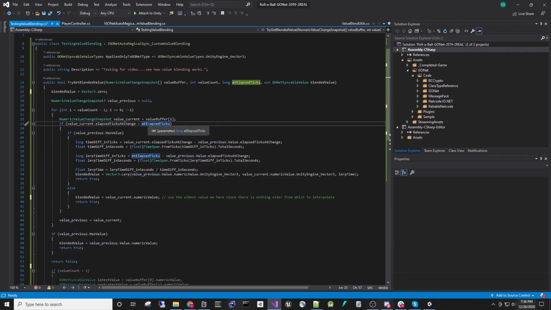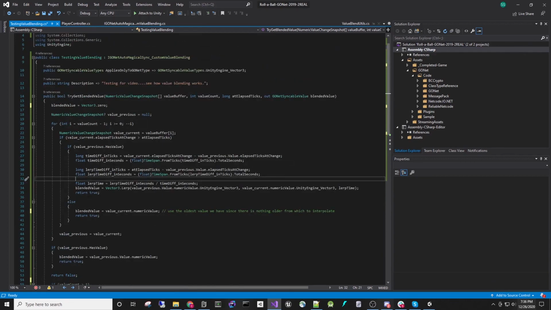So this right here is right in the middle of the two values that we're dealing with. So we're going to do that same exact thing that we did down here, and this time we're going to do a regular lerp. We're not going to do the unclamped, because we know that lerp time is going to be between 0 and 1. So now let's save that, come back here,